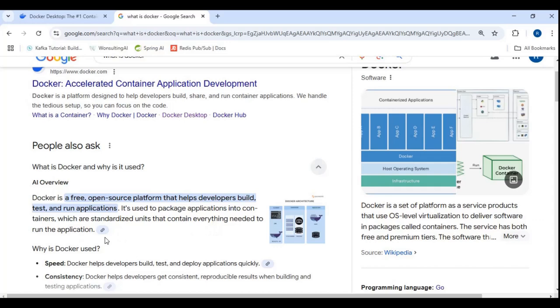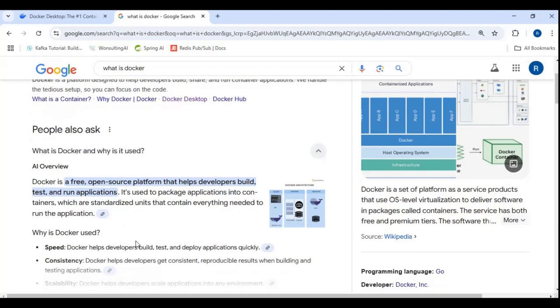Basically, Docker is a free open source platform. What it enables is that if we simply write a Docker file, with small changes to our existing code, we can directly deploy our applications anywhere using a Docker container. So it will containerize our application, and it is widely used for DevOps and deployment purposes in a lot of organizations. So we have understood what is Docker.